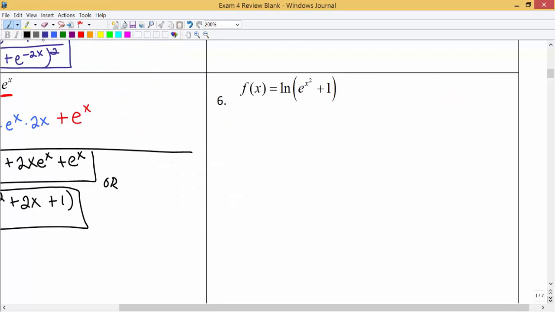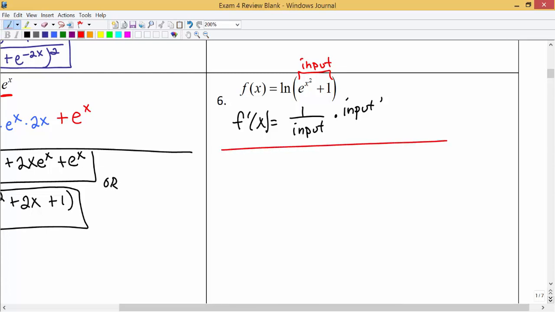For number 6, we're going to use our rule for logs. Remember that the derivative of ln, so we take the derivative of the ln function, that's going to be 1 over the input times the derivative of the input. So the input for our function is e to the x squared power plus 1. So let's use our rule. That would be 1 over, so the input is e to the x squared power plus 1